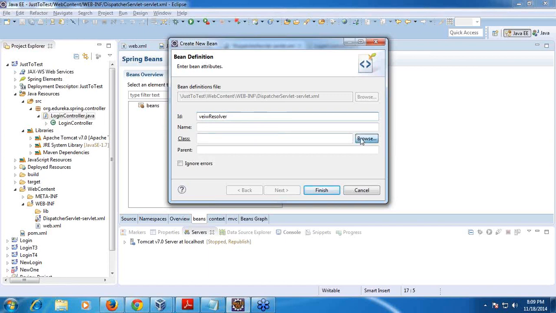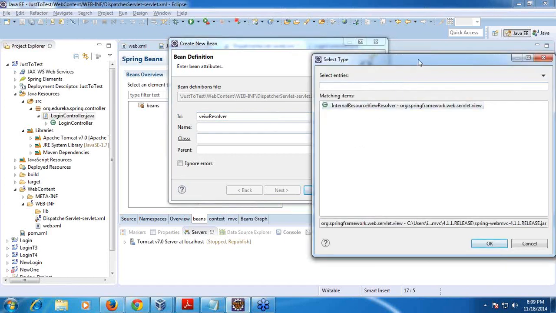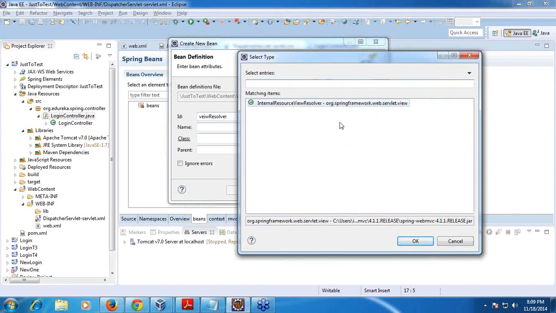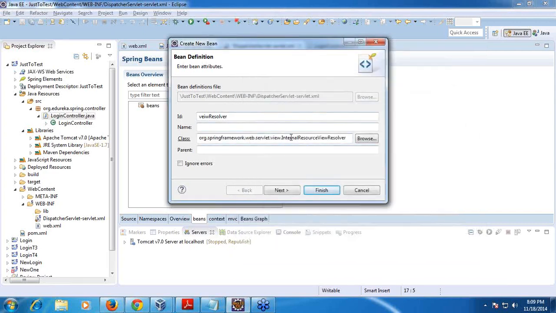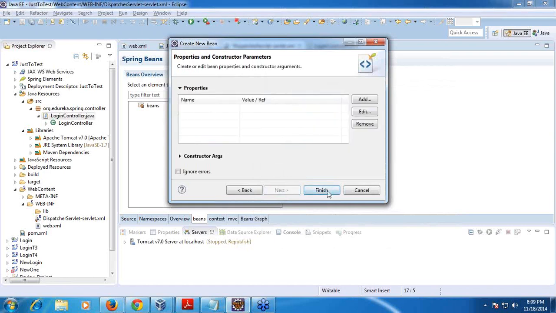And then I need to take this class. So now I am mapping to org.springframework.web.servlet.view. This will be used to map our Java server pages, and tag libraries also you can use by using these resolvers. So now I'll use the internal resource view resolver, and then say finish.